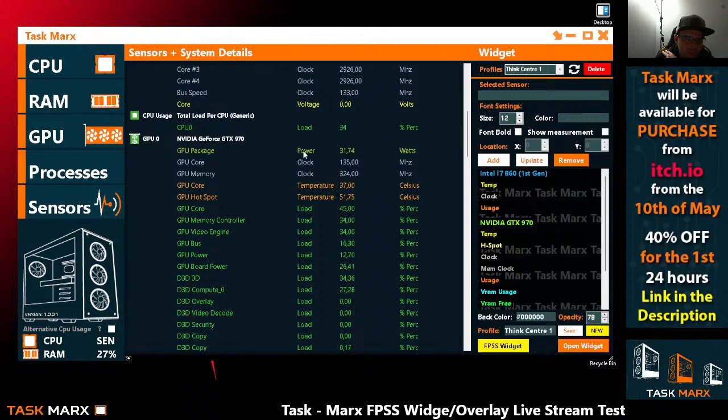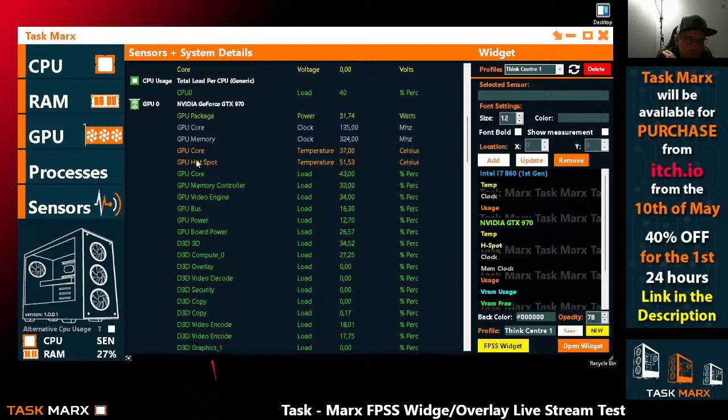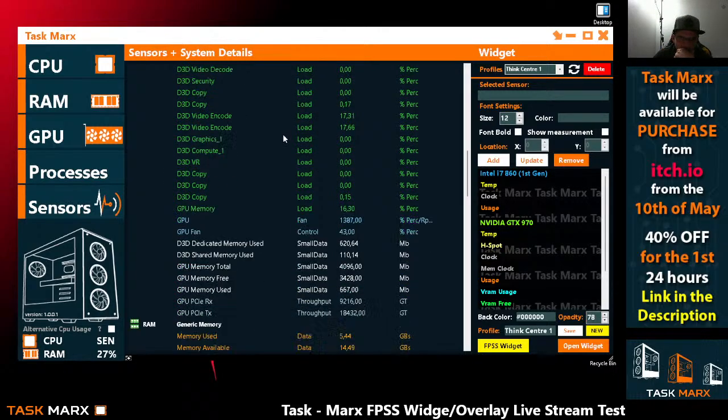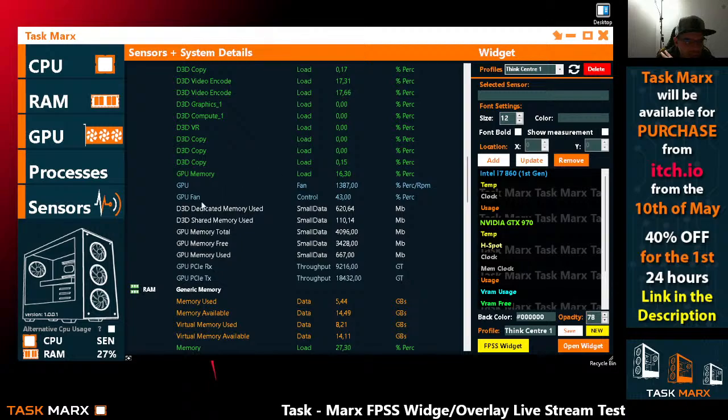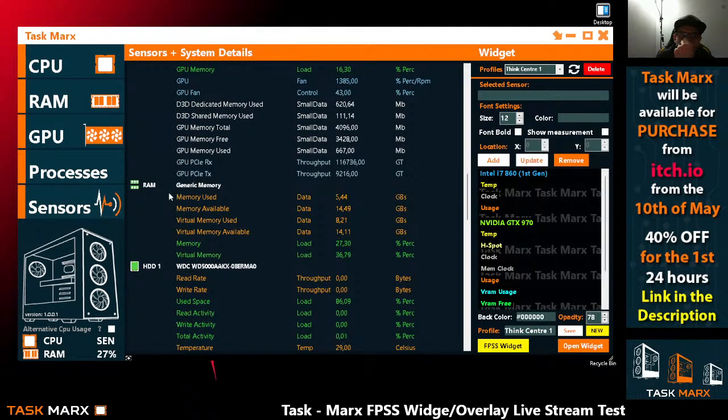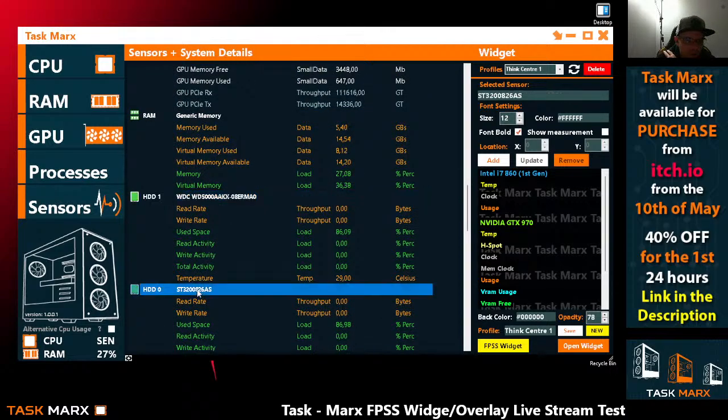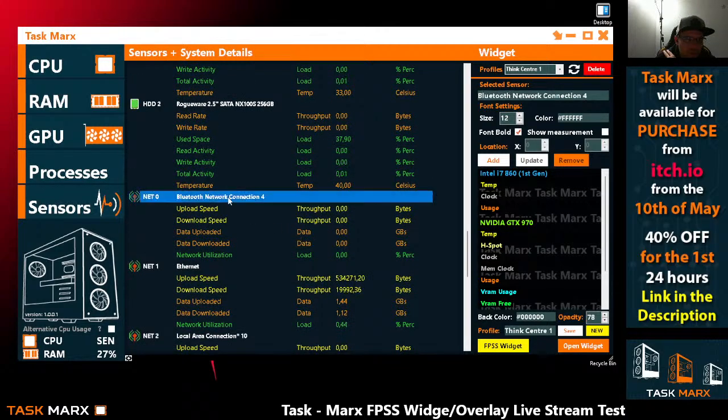GPU information, so power, core, memory clocks, your GPU core temperature, your hotspot, loads, fan, memory, VRAM usage, etc. Then you've got your actual generic memory, so your system memory, hard drives, network adapters,